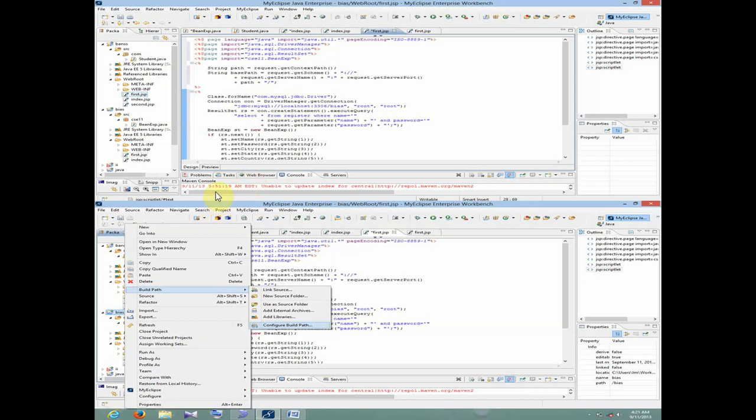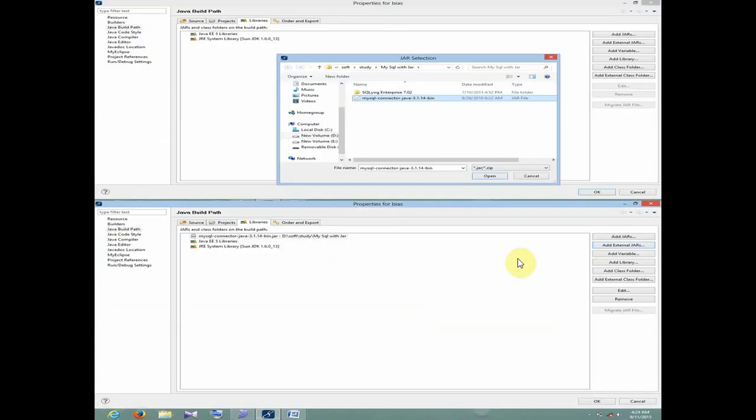Now the next step is to build the path. So we have to configure the build path. We have to move on to configure build path, and inside it we have to select the jar selection.